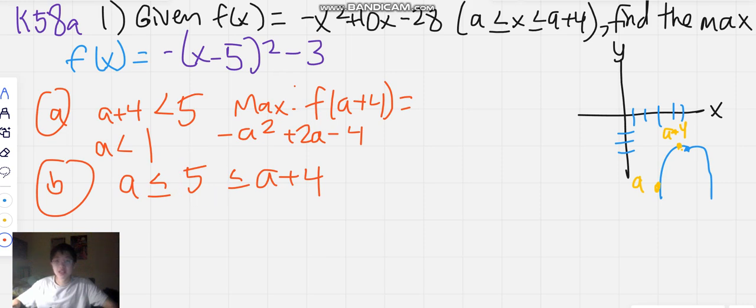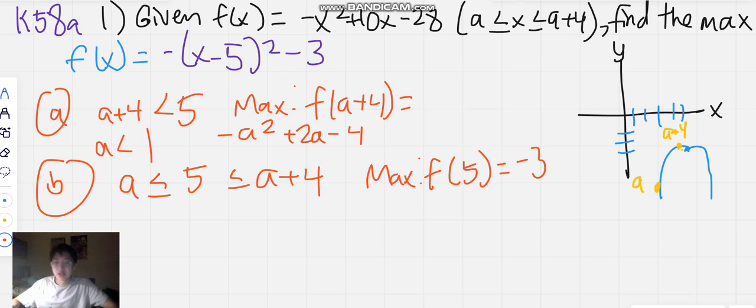So as long as 5 is in between the two boundaries of our interval, then we know that the maximum will just be at the vertex. So f of 5 is equal to negative 3. And then if you wanted to simplify this,